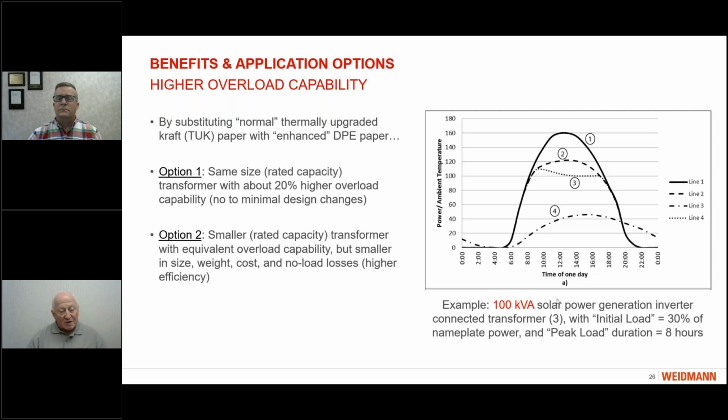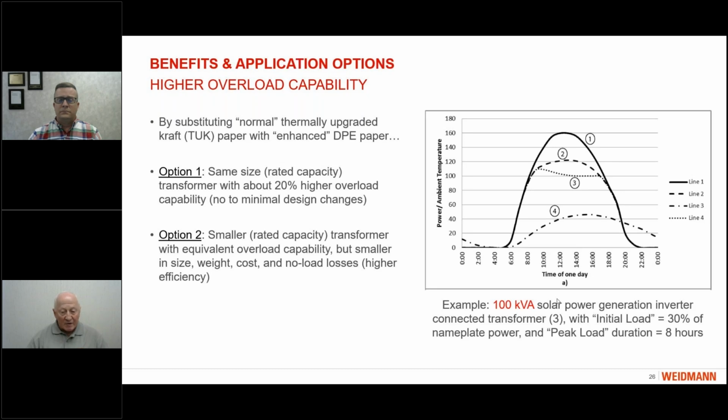We can use it simply to have the capability to run the transformer longer or for a shorter time. Or we can design a smaller transformer with less nominal kVA capacity, and this transformer still will be able to cover the necessary overload